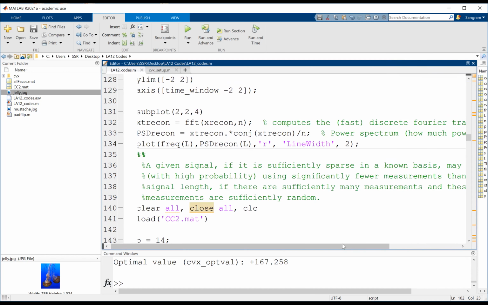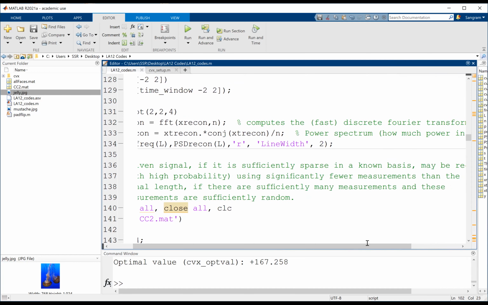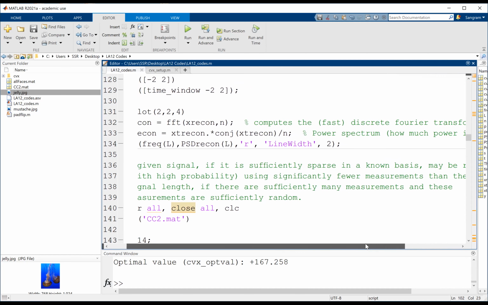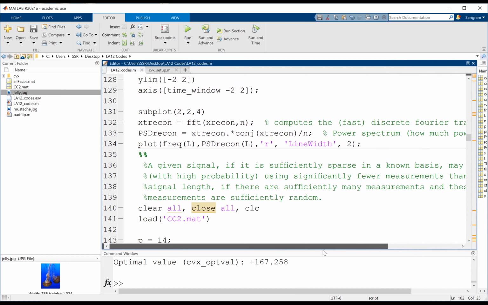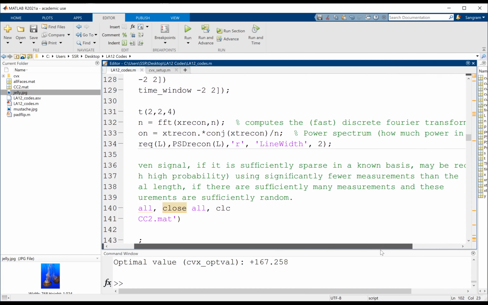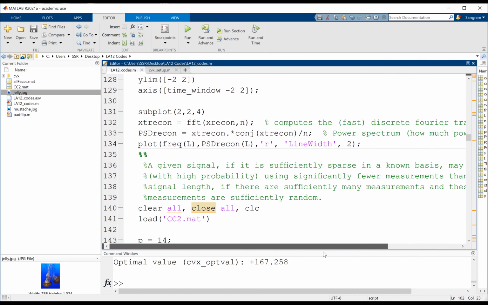A given signal, if it is sufficiently sparse in a known basis, may be recovered with high probability using significantly fewer measurements than the signal length, if there are sufficiently many measurements and these measurements are sufficiently random.